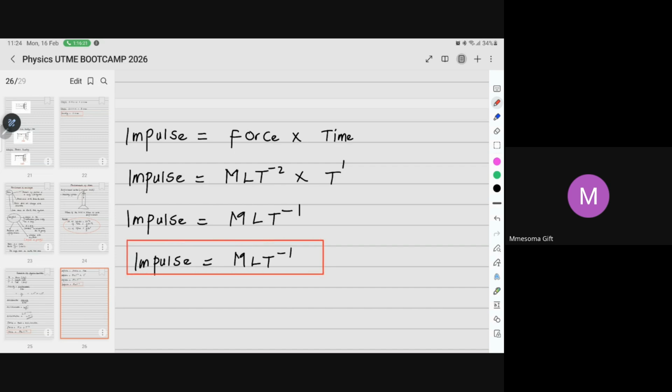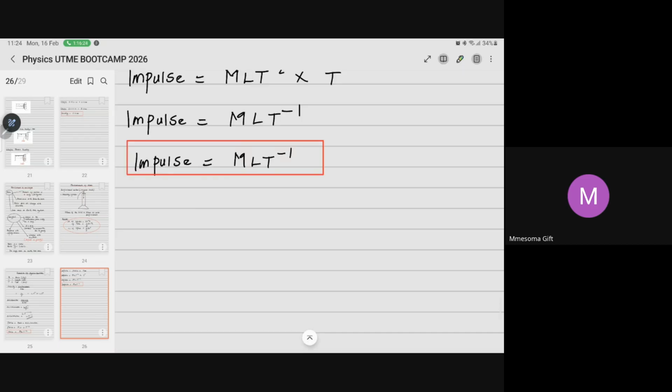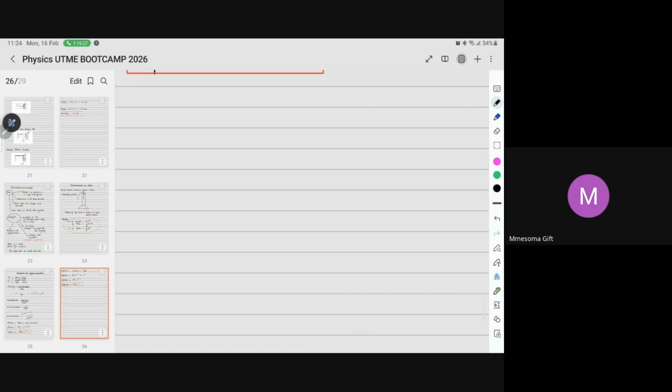So impulse is equal to what? MLT^-1. So let's verify with momentum now, just like our friend said. So for momentum